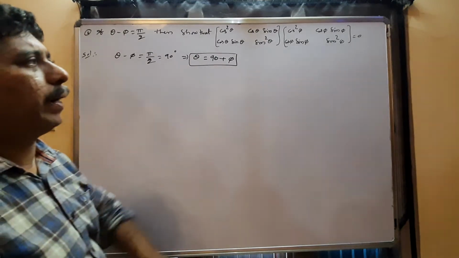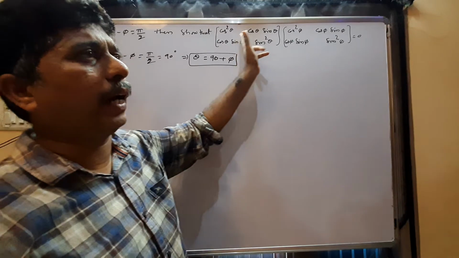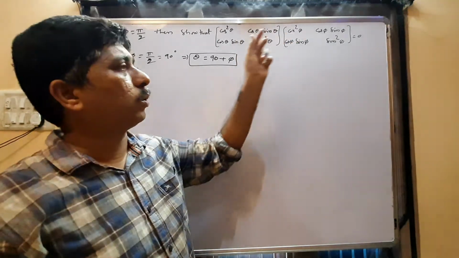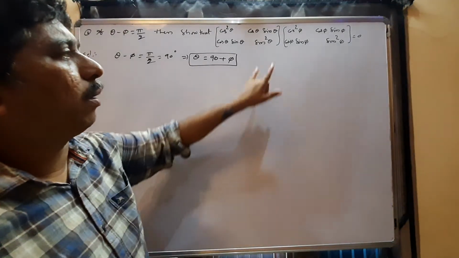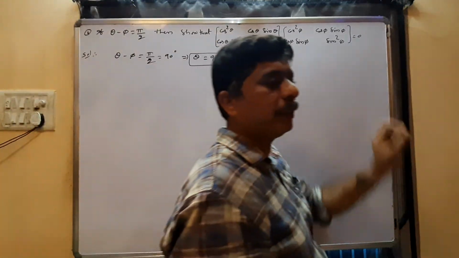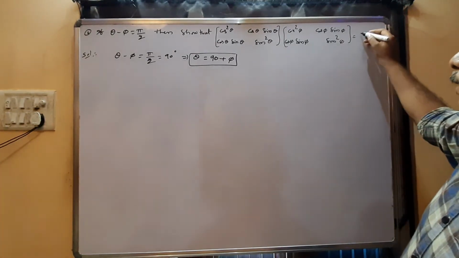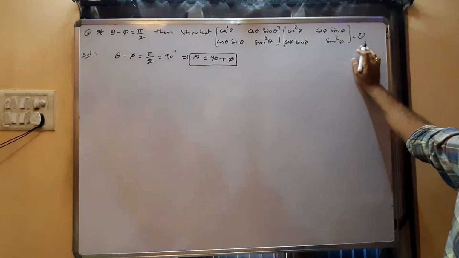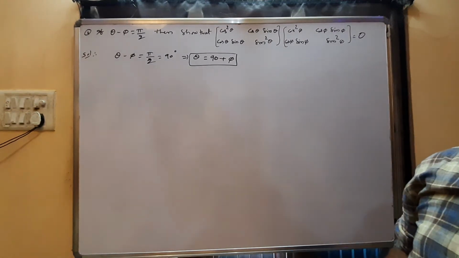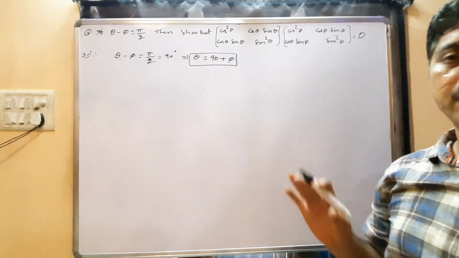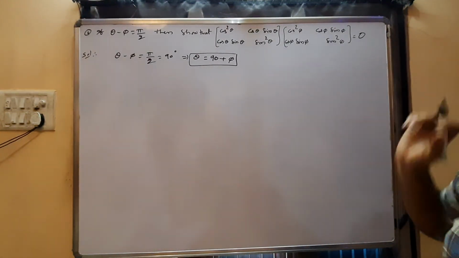In the given two matrices, one angle is theta, the other angle is phi. So the two angles are converted into one angle. Then the product of two matrices is 0. That right side is not a number 0, that is the matrix O, null matrix. The product of two matrices is always a matrix, 0 is a number. That is the reason this is a null matrix. Right side you have the null matrix.